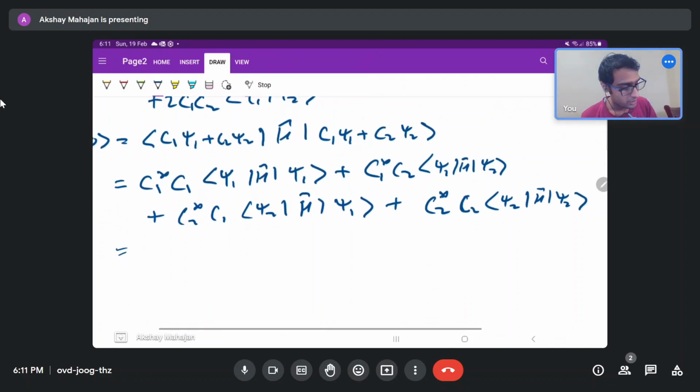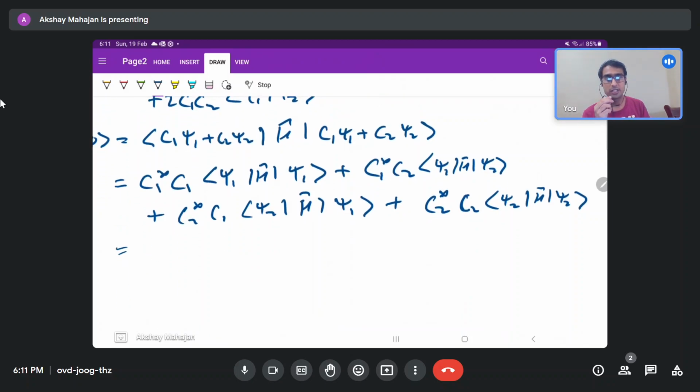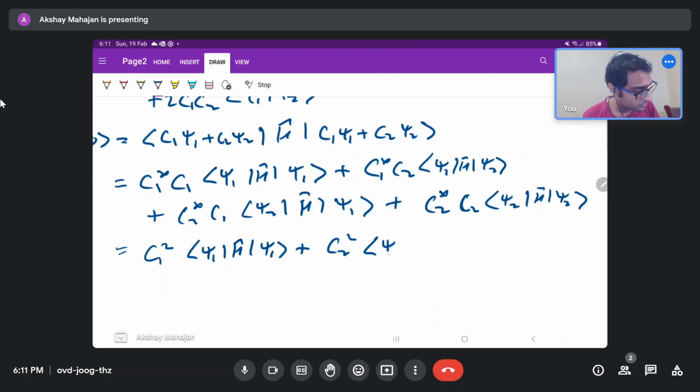Again C1 and C2 are real and psi1 and psi2 are also real. So what we get is C1 square psi1 H cap psi1 plus C2 square psi2 H cap psi2